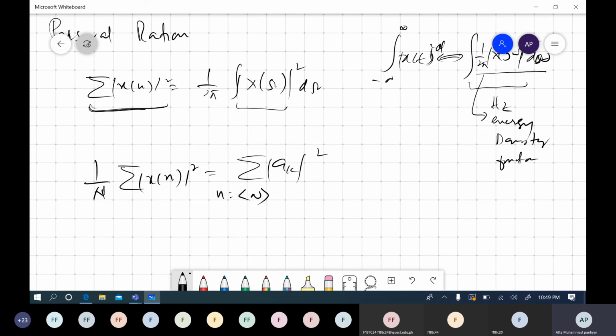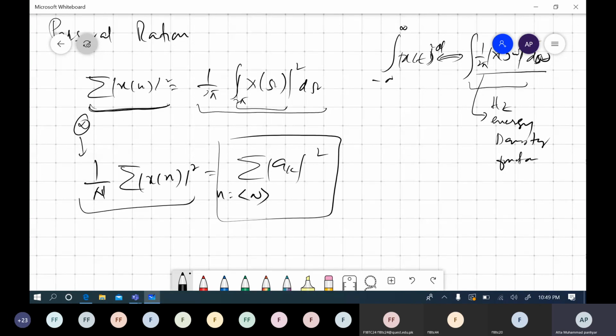We say if a signal is energy bounded, its energy can be computed over one time interval in frequency, because after one interval the frequency response is repeated, right? But if it's a periodic signal, periodic signals have infinite energy, as we know, right? Periodic signals have infinite energy because they exist from minus infinity to infinity. So in order to compute their average power, we divide this side by N, and the sum of these ak coefficients over one time interval can give you the associated power available in the signal.